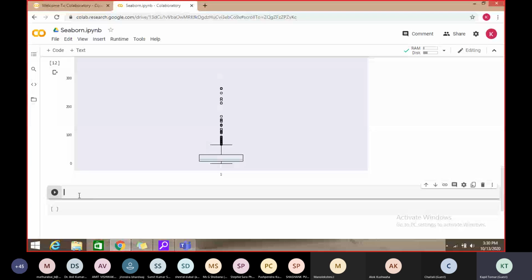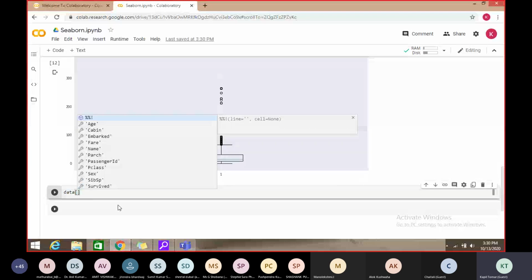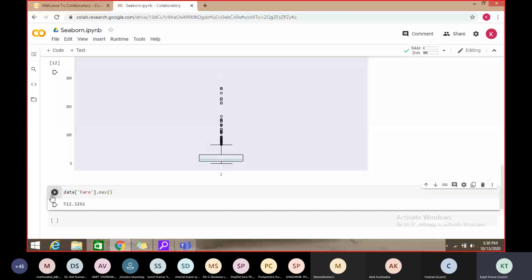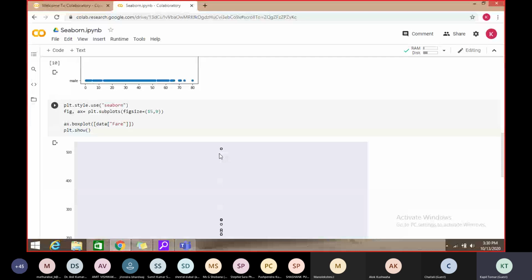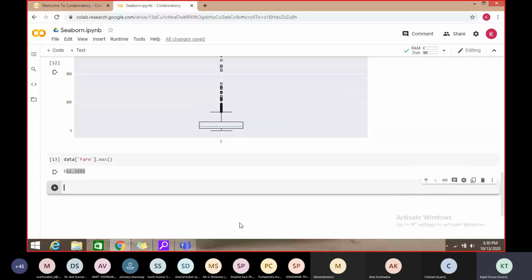We can call data, and then the fare column, and in that column I want the max value, right? This is the maximum value, 512 rupees, which is very high, right? And we can calculate the outliers with the help of Z score also.